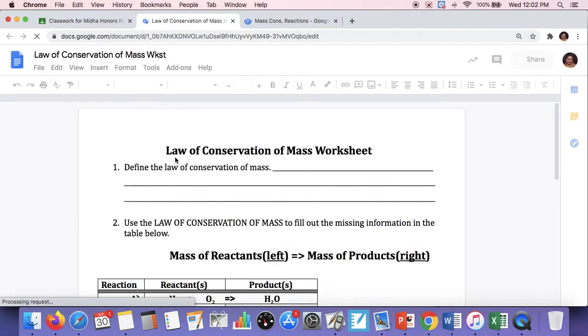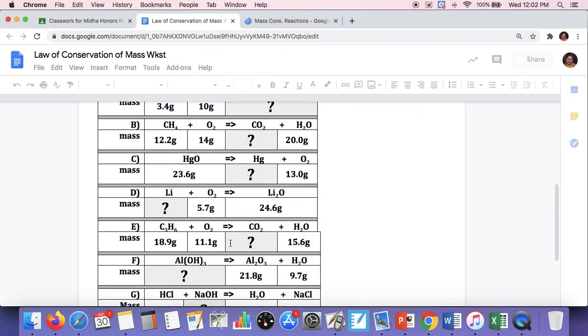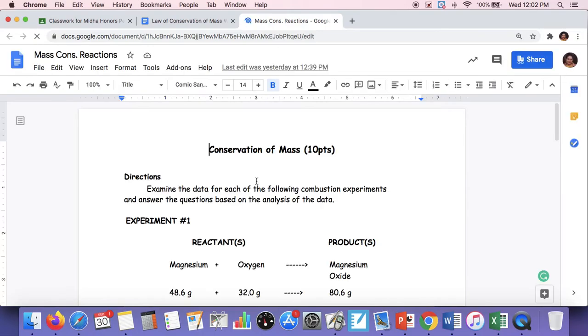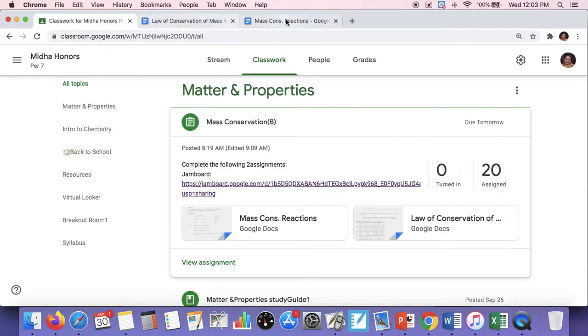So I would suggest you do this one first because it's pretty basic, and then once we are done with this, you move on to the mass conservation of reactions. Now before I teach you how to work on these assignments, I want to teach you about